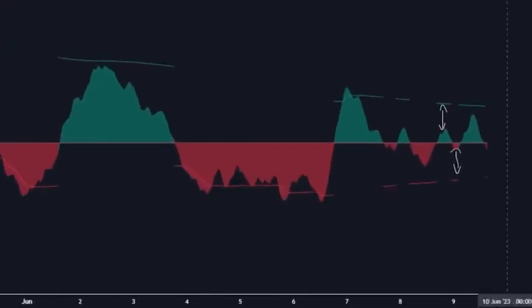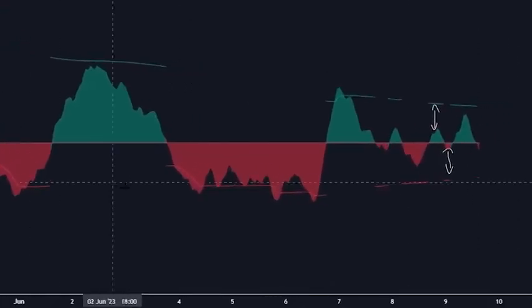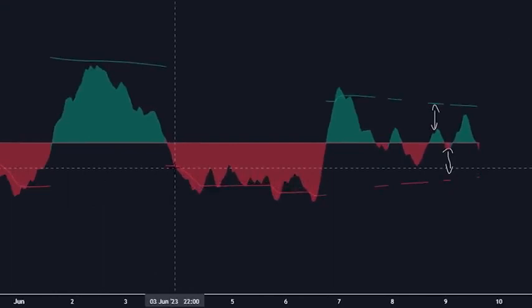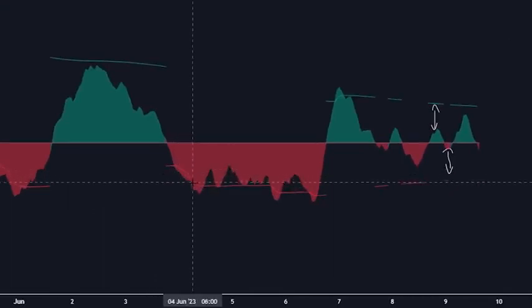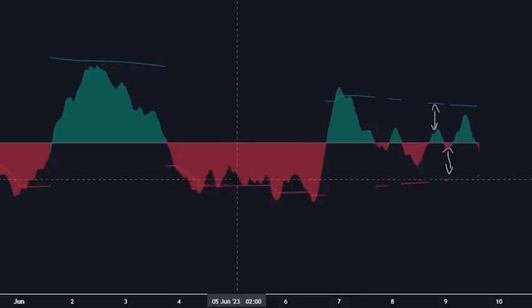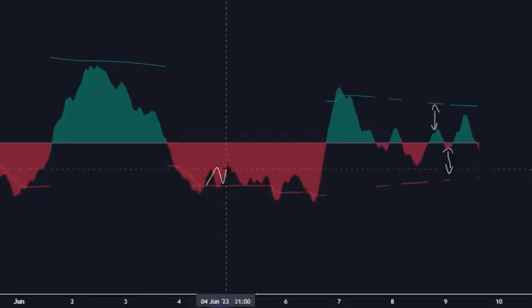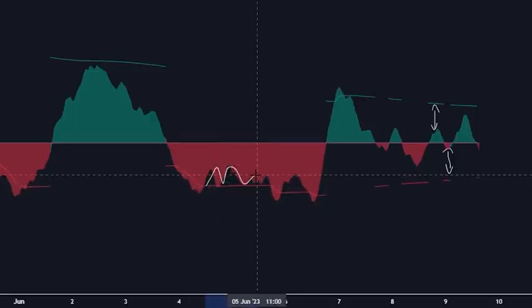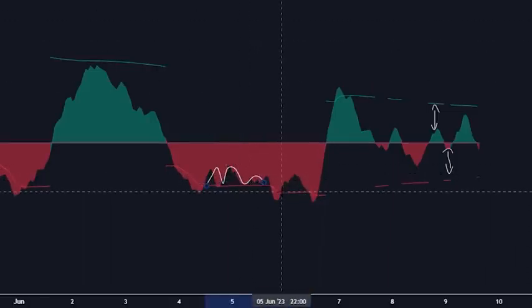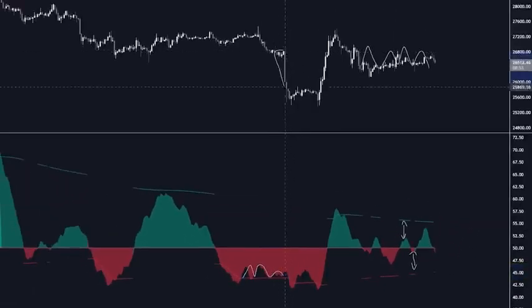Compare that to these 2 examples right here, where the money flow is going below the threshold line, right? And then it's consistently holding near it, right? The money flow is interacting, it's coming back, it's clearly interacting with the threshold line, indicating that there is significant selling pressure. And that was all happening before we got this large impulse to the downside. And that's a great piece of analysis to just know when there is likely a high possibility for such an